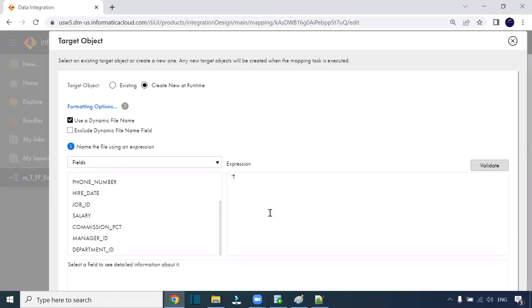So every time a new file should be created: T underscore flat file underscore employees. Okay, so this way. Then I need the timestamp here, so put the concatenation and timestamp. Can we use TO_CHAR? Yes, you can use TO_CHAR of